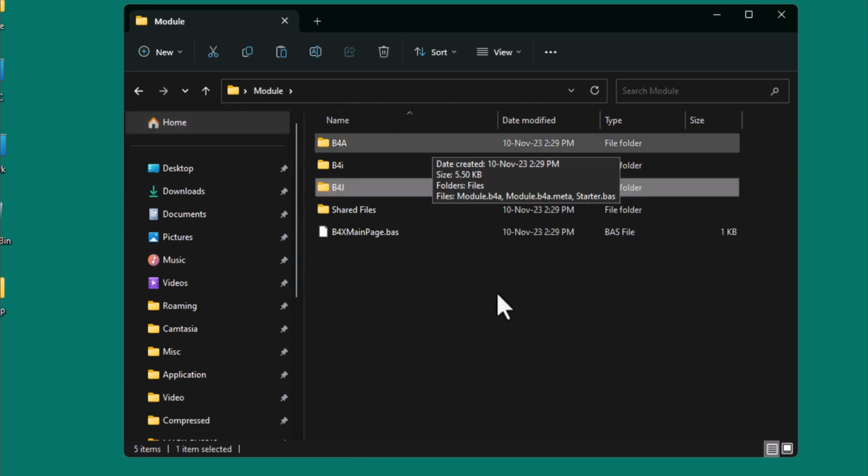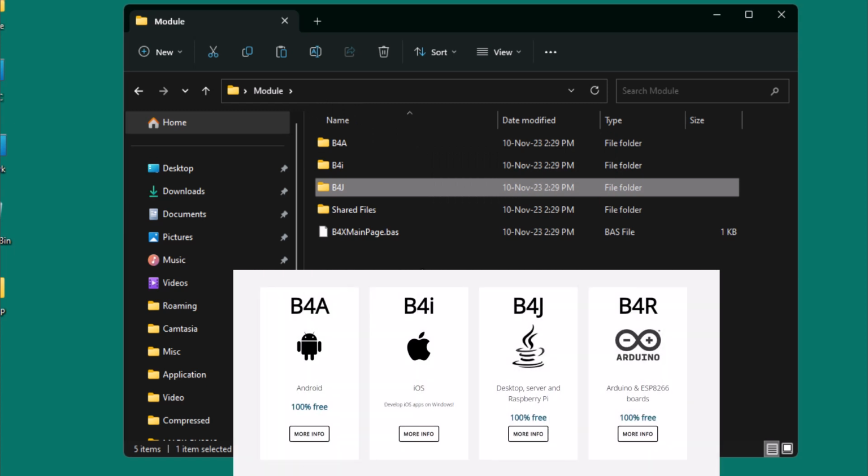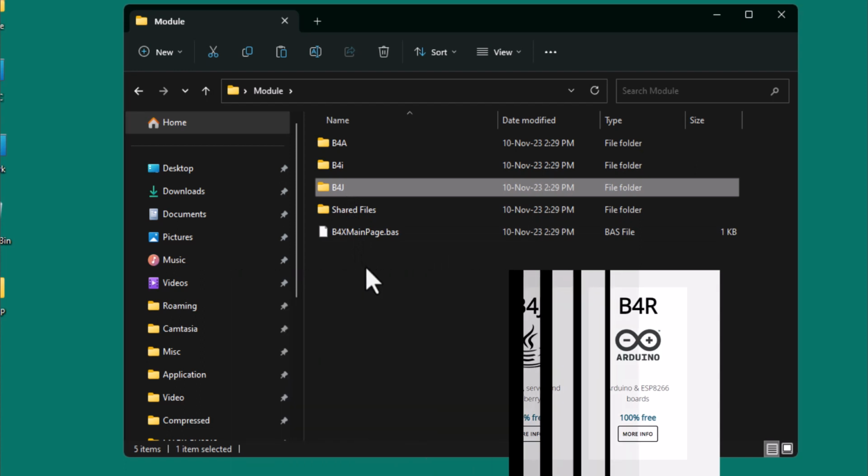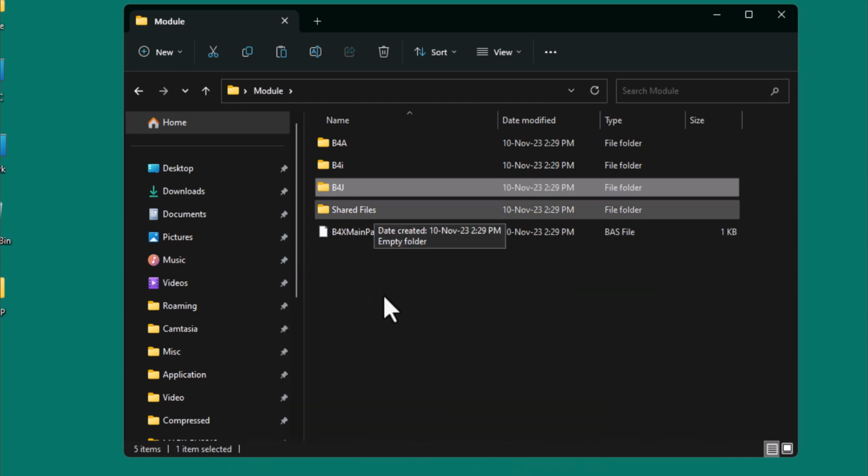B4A is the IDE for coding Android applications, B4I for iOS applications, B4J for desktop applications, Java applications, IoT and the likes. And this shared folder, you can put your assets into it: images, videos, anything that you need to share between the platforms, you can put it here.